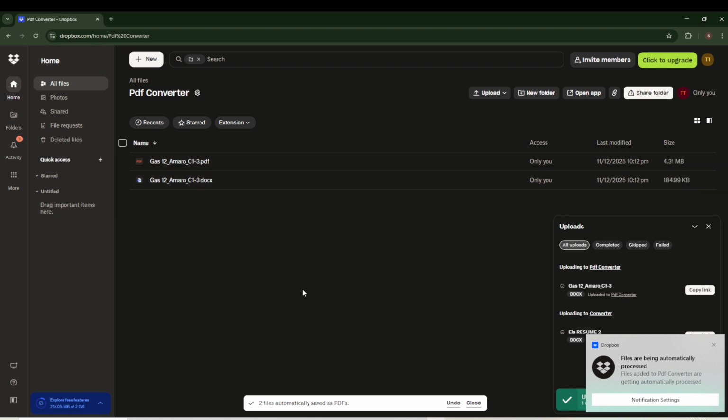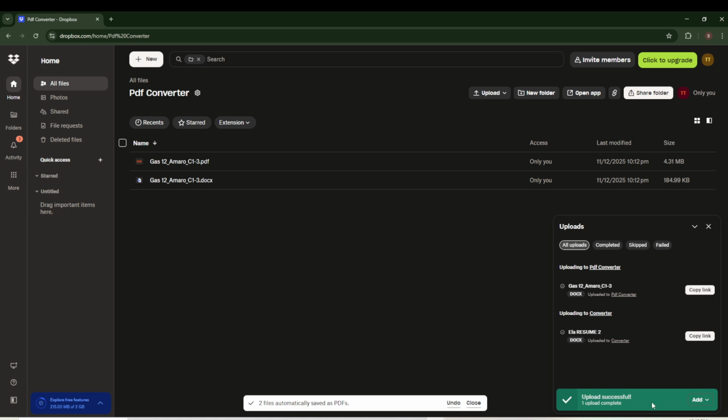And that's it. This feature is a fast and powerful way to enhance your file management. By using Dropbox automated folders, you save time and avoid